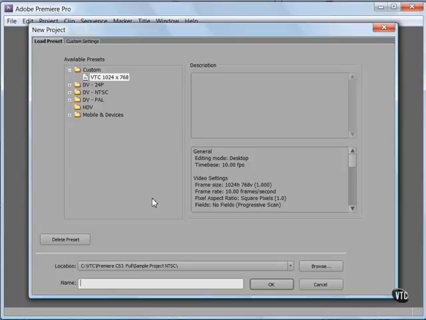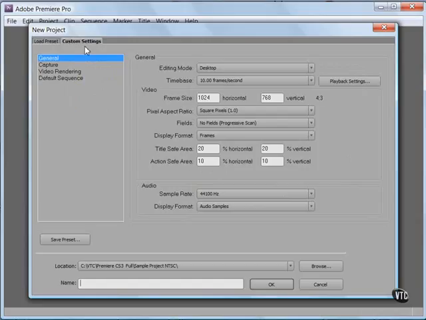When setting up a new project, if none of the available presets here in the New Project dialog match the needs of your project, you can manually specify project settings using the Custom Settings tab right next to it. These settings are organized into 4 categories: General, Capture, Video Rendering, and Default Sequence. I introduced project presets and custom settings in the previous movie. Let me now review in more detail how to set up a project using the various options here in the